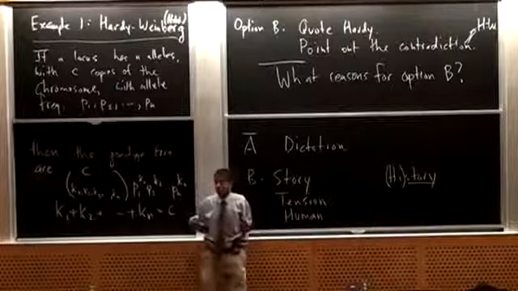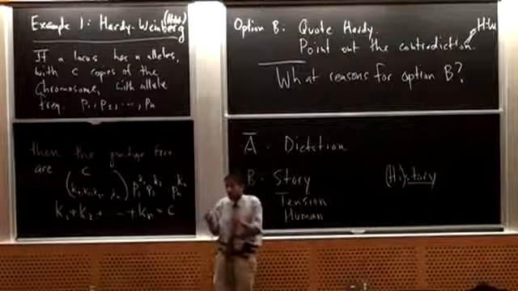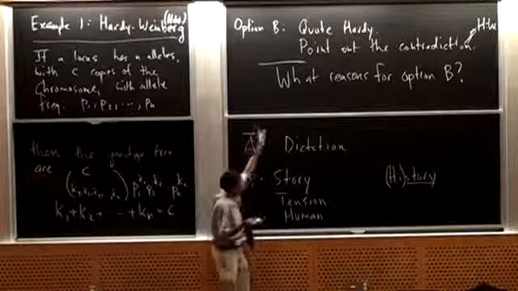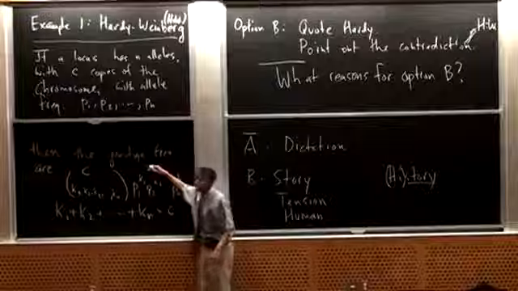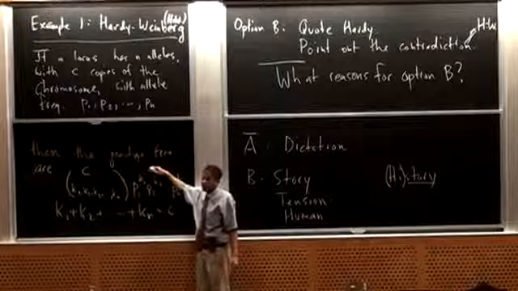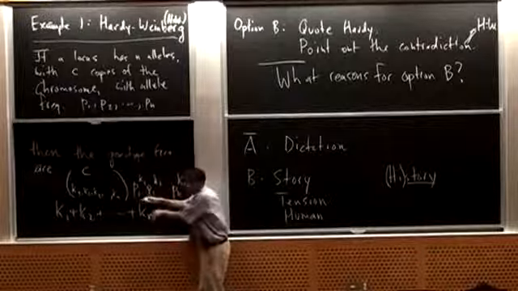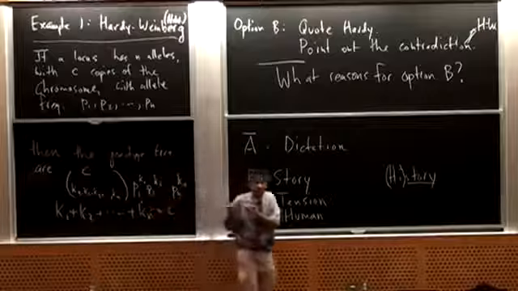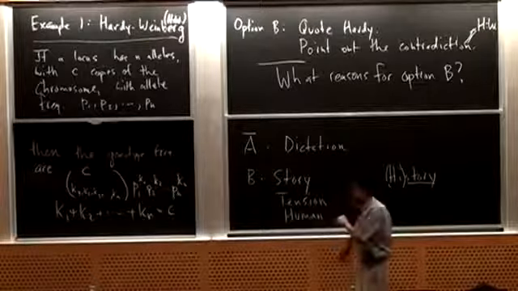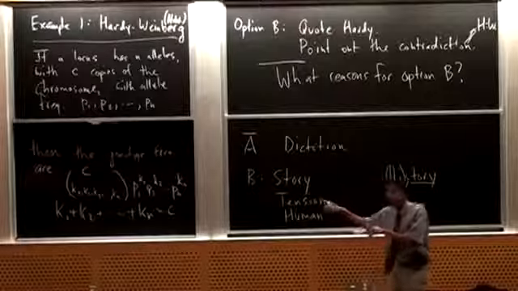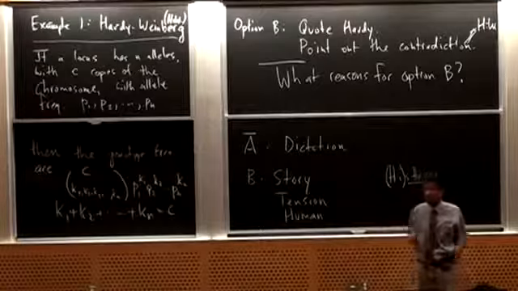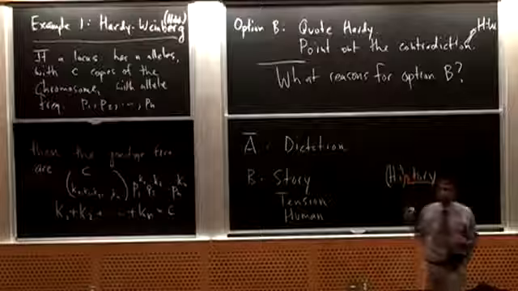Well, it depends on the purpose of the class. If the purpose is the history of biology, maybe you'd continue with the story or the history of science and war. But if you want the students to be able to solve problems in genetics, maybe you need to go here. Or what we'll find is I'll continue with option B, moving towards A, and show you how you can get there and still have the opening of B preserved.